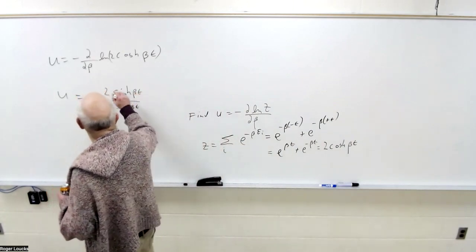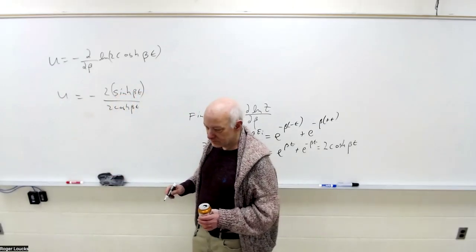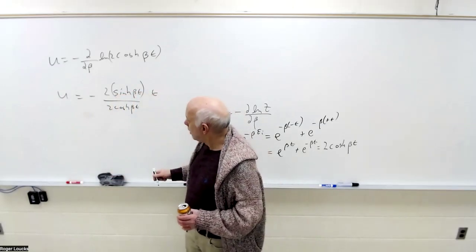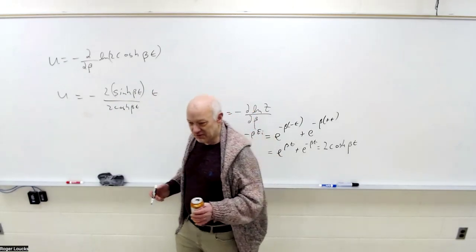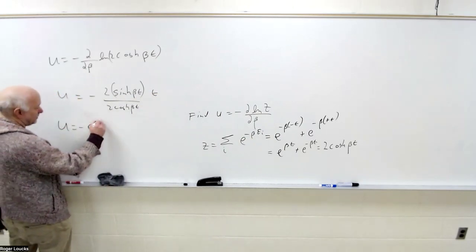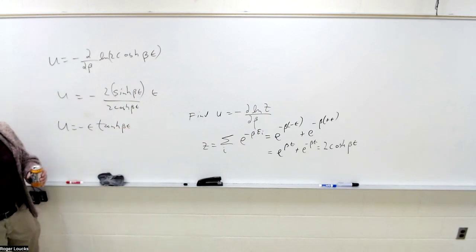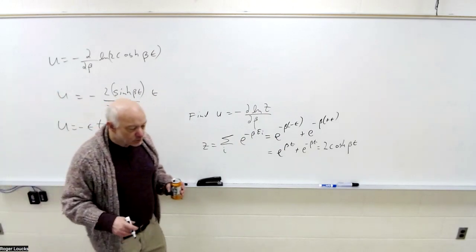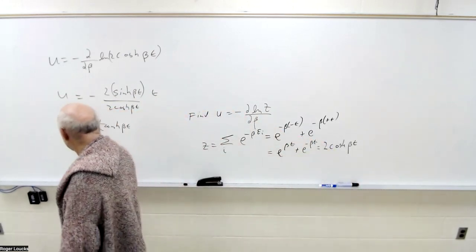Then here, times epsilon. Sinh over cosh is hyperbolic tangent. You get U equals minus epsilon hyperbolic tangent of beta epsilon. We're gonna look at what that means. This will make perfect sense. The other thing is, we can also now find